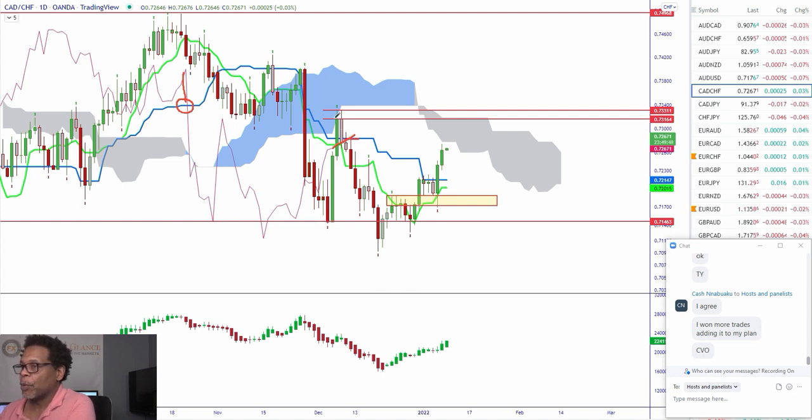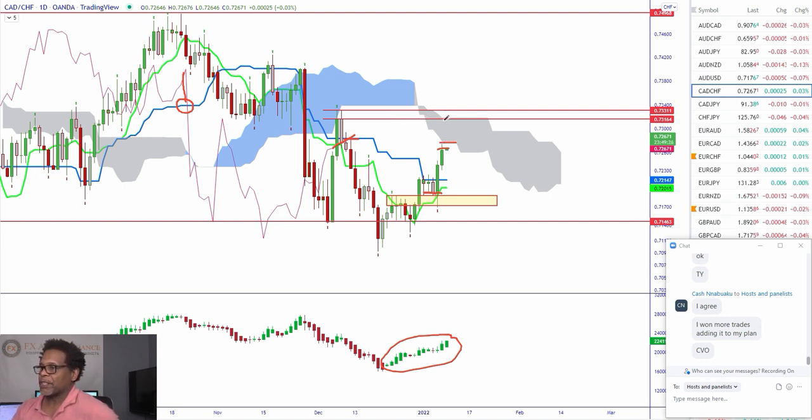So therefore, we may be pushing up to this level, but I think we're still bearish. But currently, we're heading to the upside. I don't know where we're going to correct. I wouldn't be in the trade now. If I'm in the trade, I would have been in here. I would not be getting in a trade here. And I would be waiting to see what's going to happen if we reach this level.